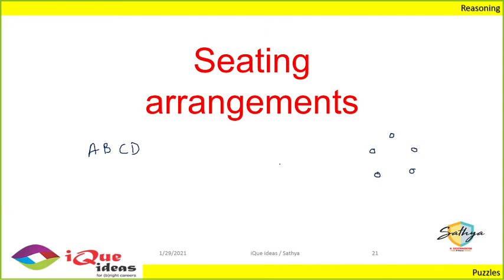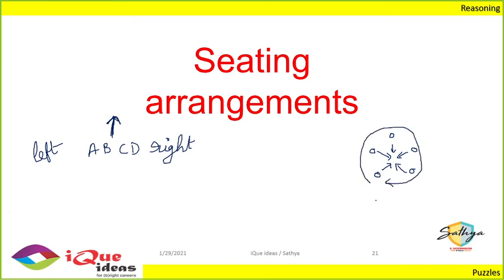Now, when nothing is mentioned, we always assume that people are facing the north or upwards direction. Why? Because then for everybody, the natural left is left and the natural right is right. There's no confusion of left, right. Similarly, when everybody is sitting around a circle, we assume that everybody is facing the center of the circle. And for every person, we move in the clockwise fashion to go to the left of that person. Are we together so far?